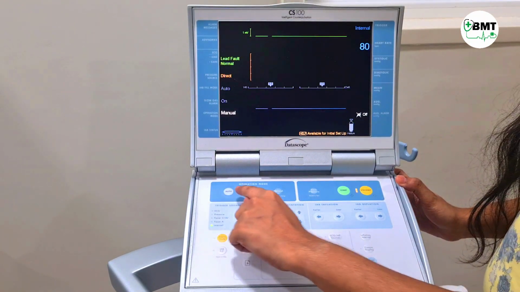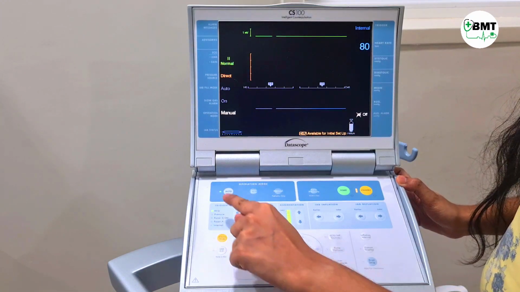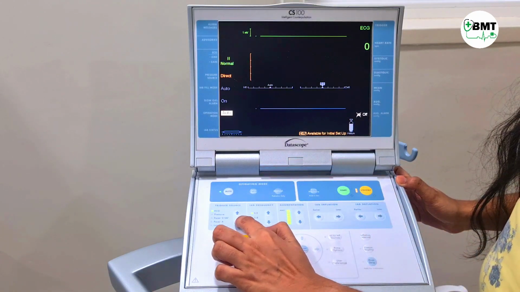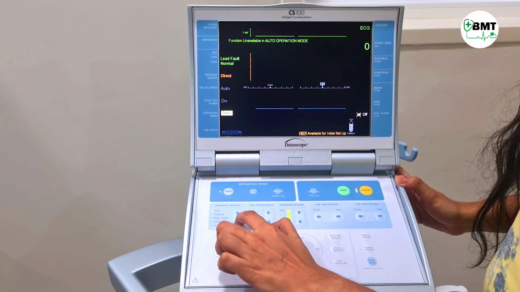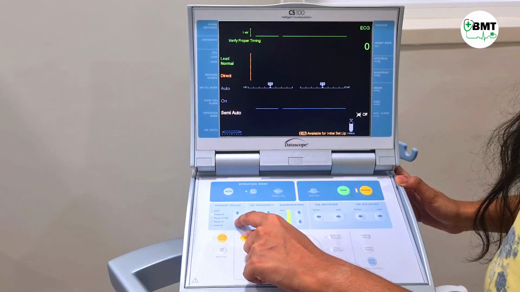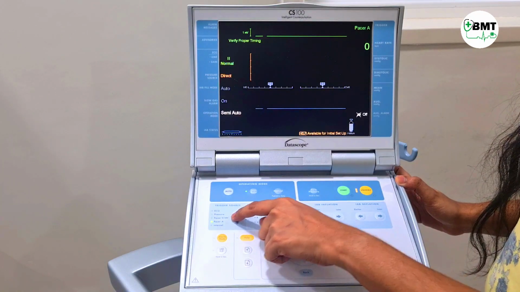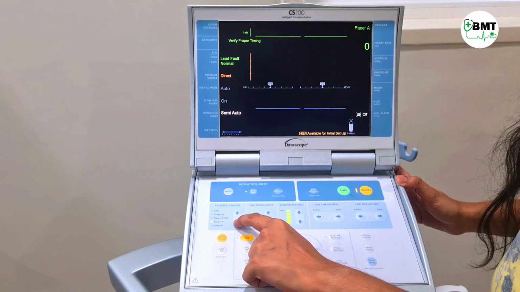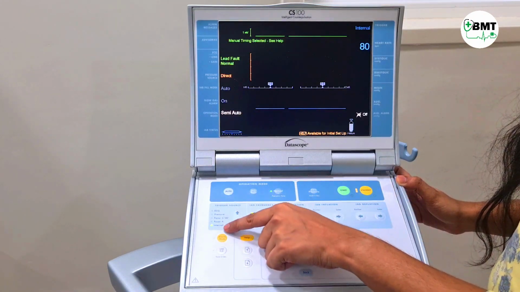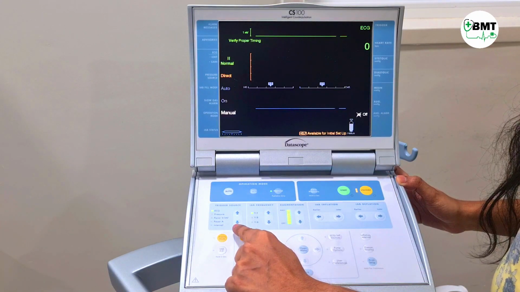These are the modes: automatic, semi-automatic and manual mode. In automatic mode, the trigger source will be only through ECG. You cannot change it through any other source. In semi-automatic mode, you can change the source, which can be pressure, pacer ventricular or AV, or pacer A or internal. Then in manual mode also you can change the trigger source. So mostly ECG is selected as the trigger source.